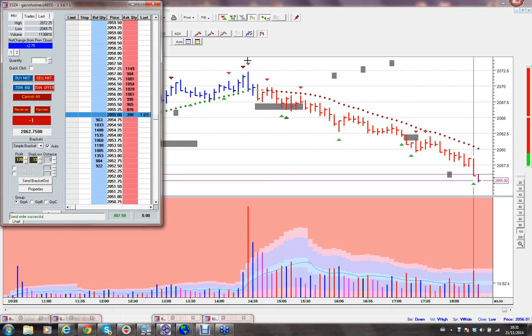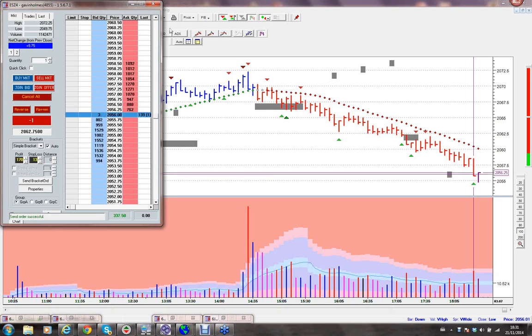I'm seeing selling on, this is effort versus result. The effort is here. Okay, they're selling into the markets. A lot of people are closing out long trades to take some profit, and they're marking it down. And look, on every single up bar, which we've got, and there's one down, but there's an up bar, you've got a sign of weakness, serious weakness. That's how it works.